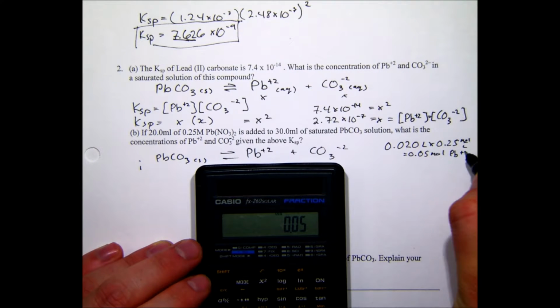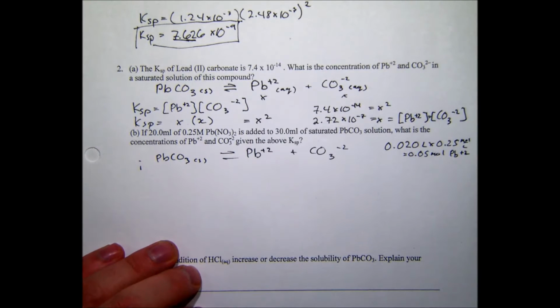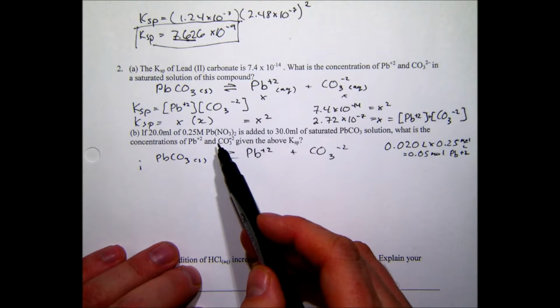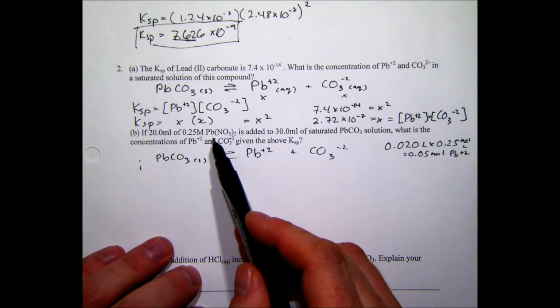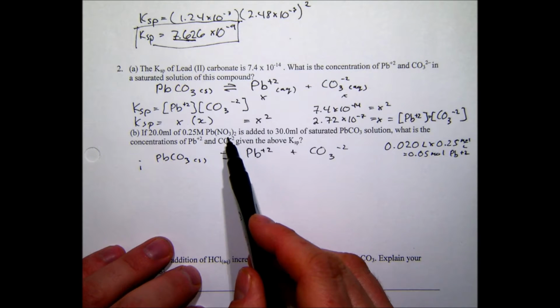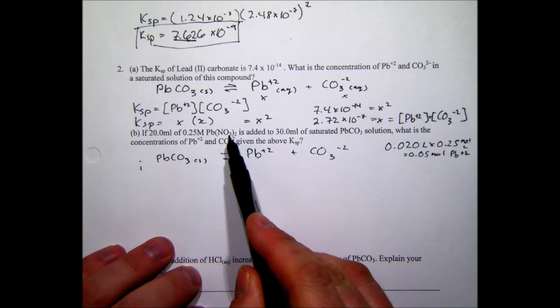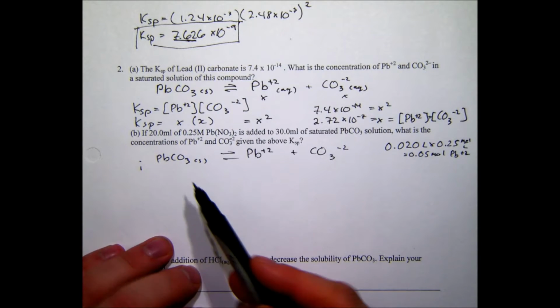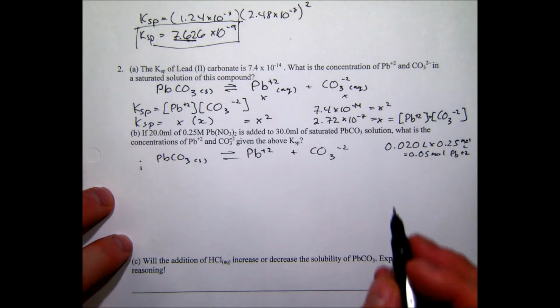of lead plus 2. What we're looking for is we're adding lead nitrate. All nitrates are soluble. So what you're really looking for here is what are the ions. So lead nitrate will break into lead ion plus nitrate ion. I go to my equilibrium here and I see that I have lead carbonate. So in this particular